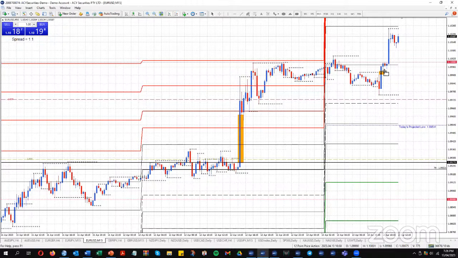There's a bit of one in here. For those of you that know what an imbalance is, it's really just where price moves up and the next candle doesn't retrace back inside the range of the candle before. It creates an area where potentially the trading was quite thin. So price will want to come back to that area to trade back inside it. I can see 3 imbalances there at the moment to the upside that potentially may need to be filled over the next week, and predominantly this big one over here.